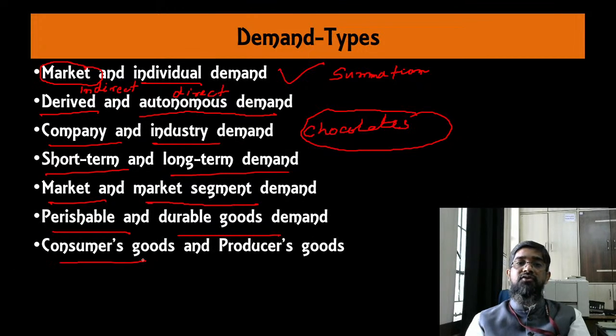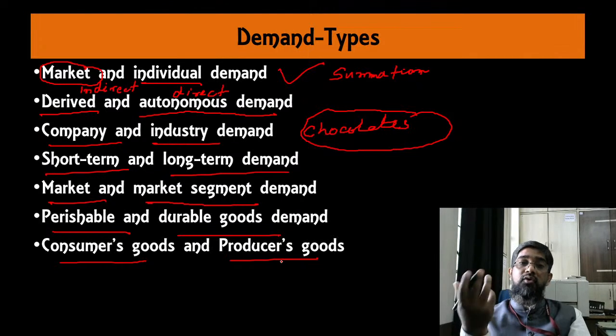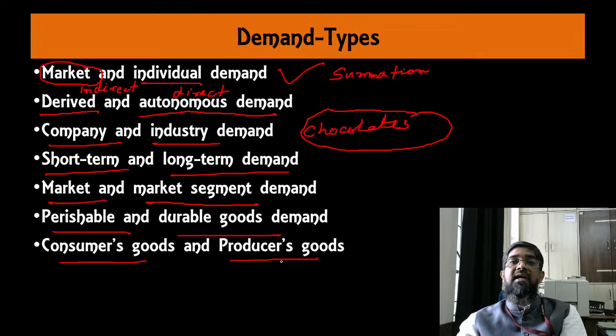Then consumer goods and producer goods. Consumer goods are those goods which are demanded by the direct consumers, right? All food items, clothing items, and so on. Whereas producers goods are those goods which are used by the producers either as capital goods, machinery, equipment, or input or raw material. So that way that is producers goods. Producers themselves buy them, then process them to make the final product or consumer goods, right? So this is all about the types of demand, dear students. Okay,